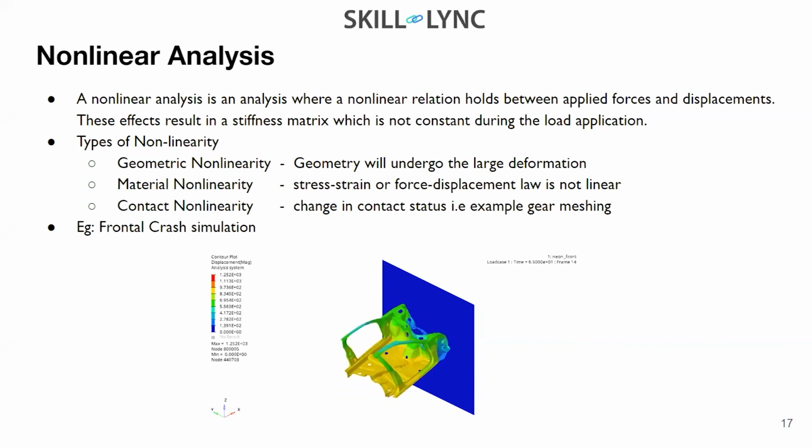Then stresses and strains, so material non-linearity is there. It reaches the plastic zone. Then contact non-linearity is there, that is, a change in contact status. So overall, what is happening? In crashworthiness, if you look at contact non-linearity, at the start all the components of a car are together, so there was constant contact. Now, once this body is crashing, the status of the components with respect to one another, that contact status, is changing. So you can say that contact non-linearity is also there.